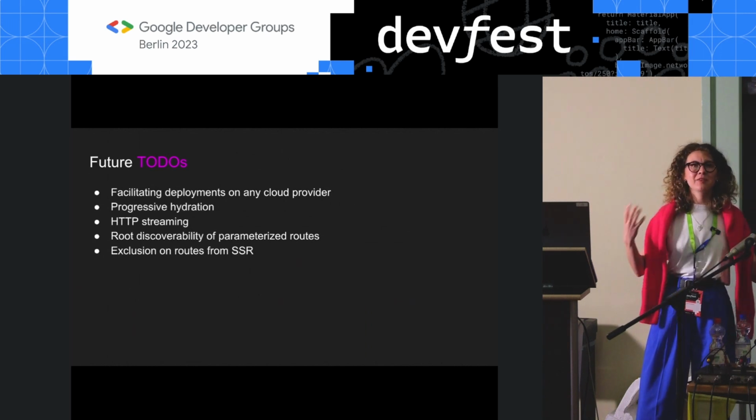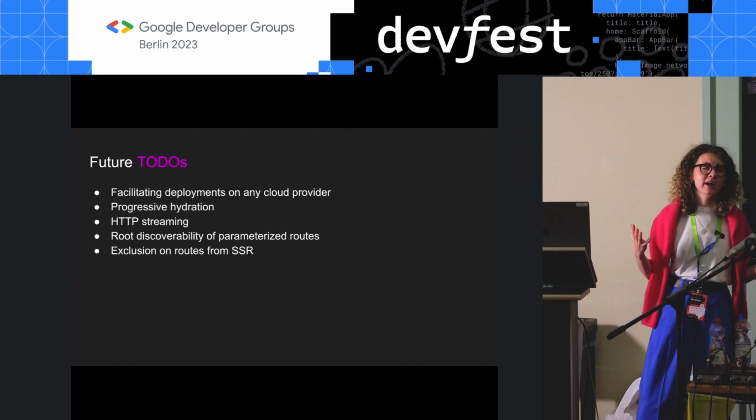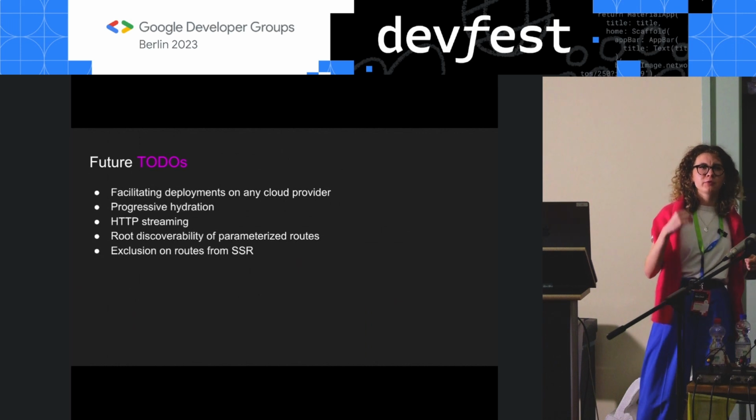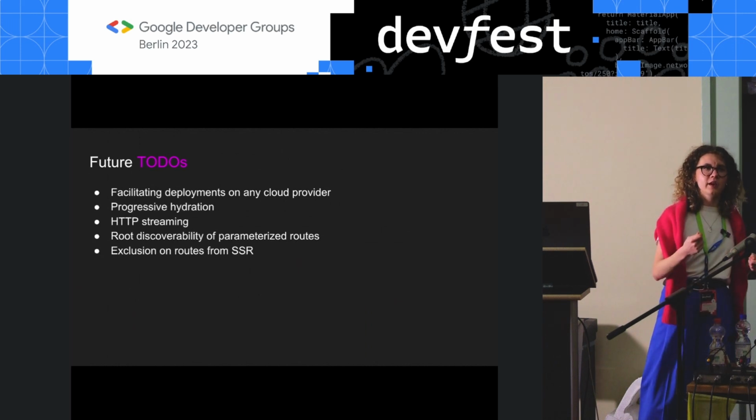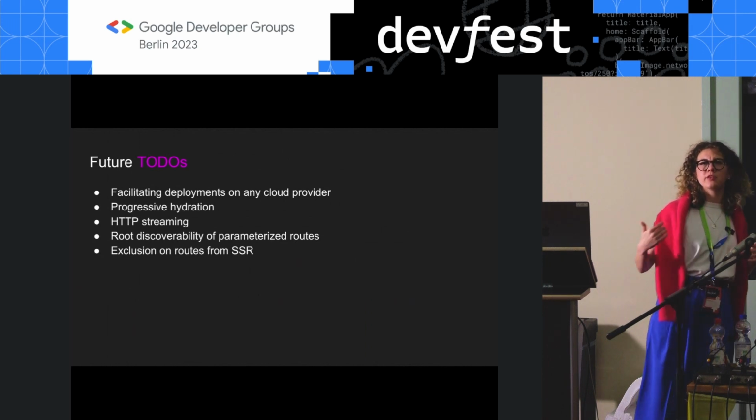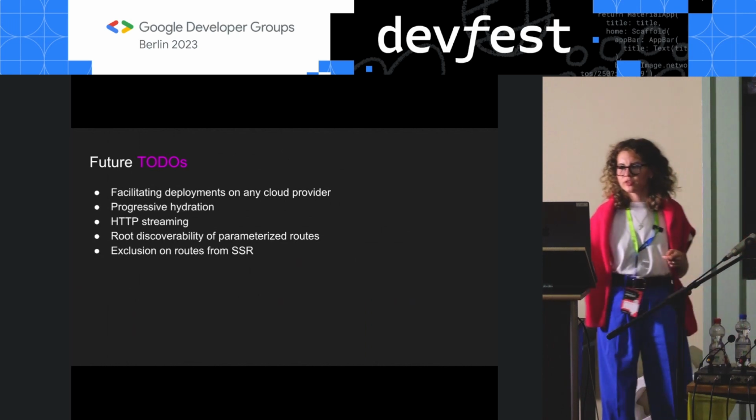It means that if your app has, for example, an audio file, a user doesn't need to wait for the audio file to be fully downloaded to start listening to it. So that's kind of what you experience with Netflix. You don't need to wait for your movie to be downloaded to start watching it.